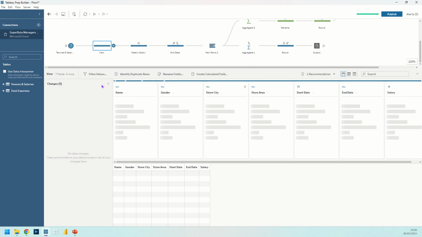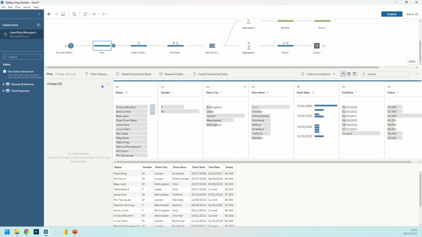So now we've got a slightly different starting data set where the previous two tables were combined together for us. So we've got all the information about the manager's salary and their start and end dates. We still need to work out the end date. We still need to update that to be a date field and have that current date set to the 12th